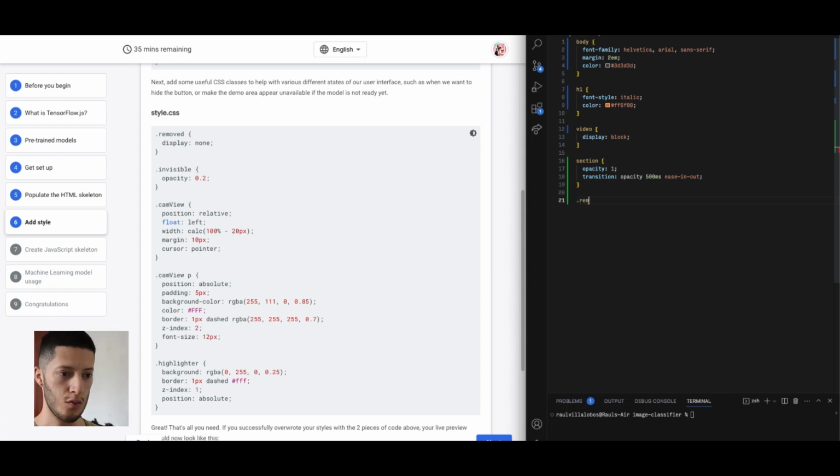So let's go with the removed class, display none. Put them visible. Opacity 2. And then we have cam view